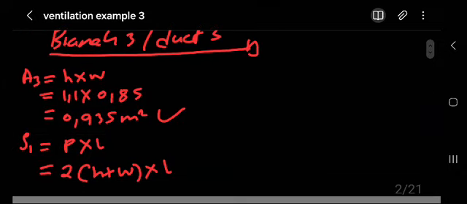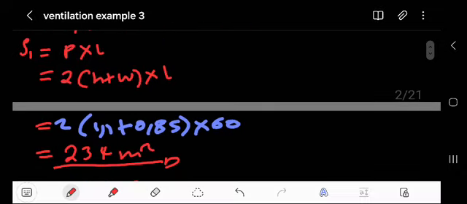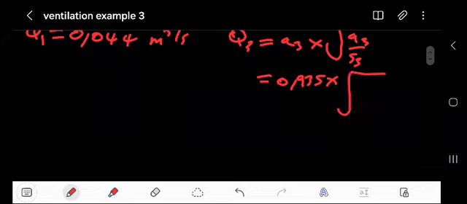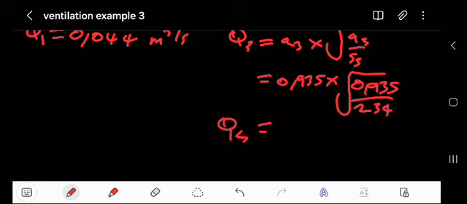Then surface rubbing is 234, right? So 0.935, then here we'll have 234. Q3 is simply